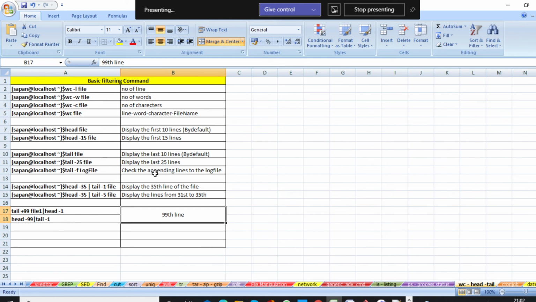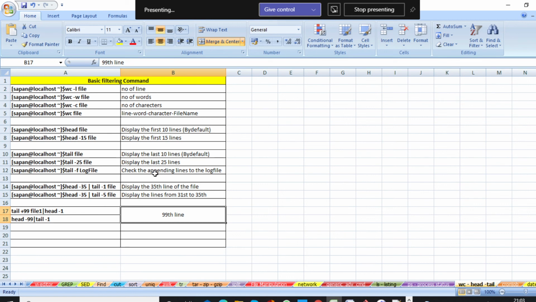So here let me tell you once again. The head command is going to print the lines or rows from top to bottom. The tail command is going to print the lines from bottom to top, and the wc command is going to give you information about lines, words, characters, file name and so on.